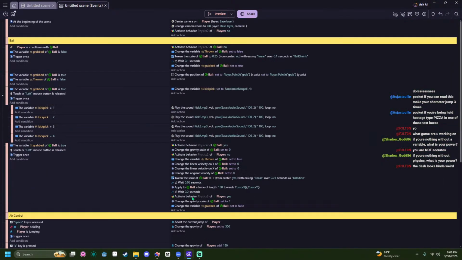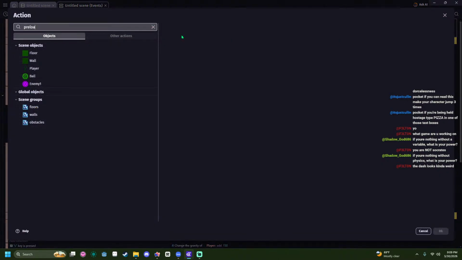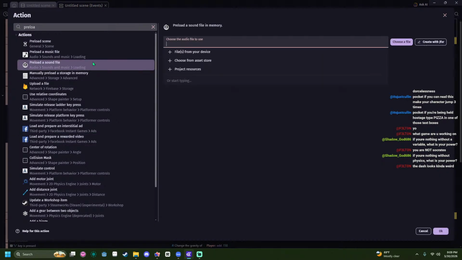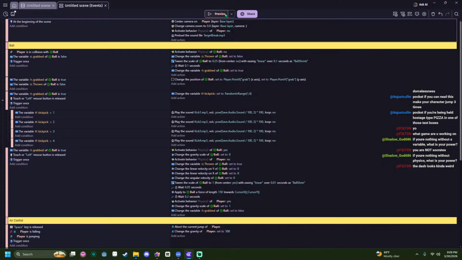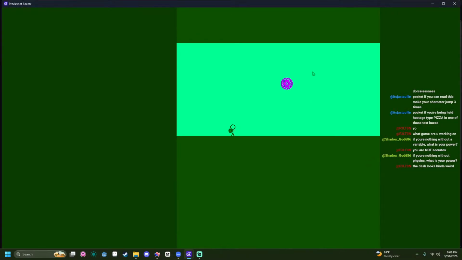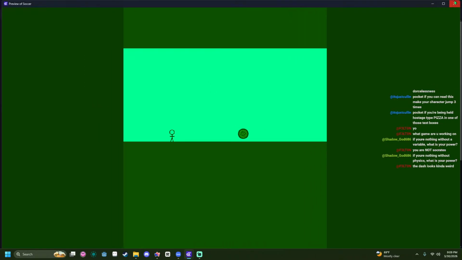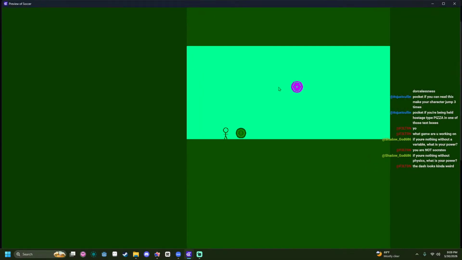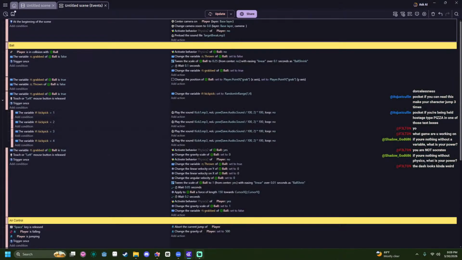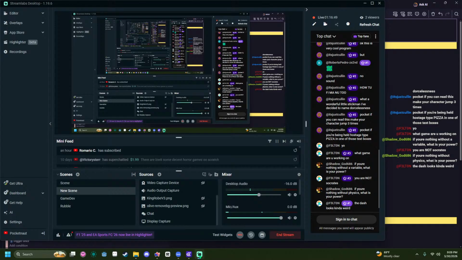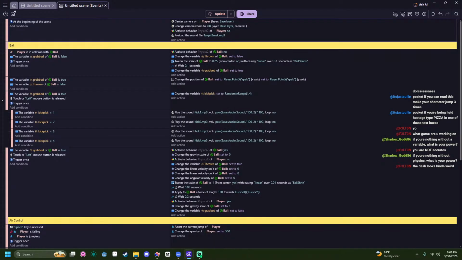There's a bit of a delay, I think, because the sound's not loaded. Preload sound break. So now it should preload the sound whenever the game starts. I should play earlier. It's a bit of a delay, but I think it's just my headphone delay because I have wireless headphones. I think chat's broken again. Oh no, I'm wrong. It's just blurry and it looks weird. Yeah, we're still good. Okay.